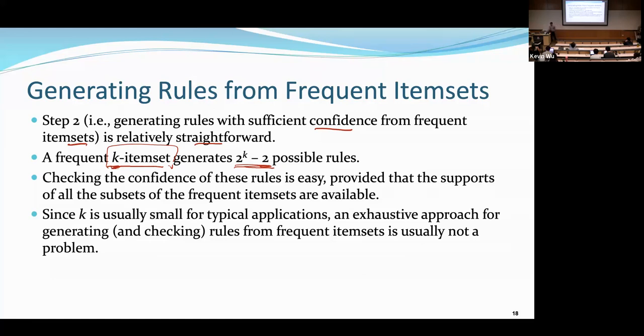well, we have some experience in doing that in some real data. What we found was that most of the frequent item sets that we found consist of mostly 2 to 4 items, all right? So there are some frequent item sets that are bigger, which consist of 6 or 7 or even 8 items, but those are relatively rare. Most of the item sets that we discover from some typical data set usually consist of like 2 to 4